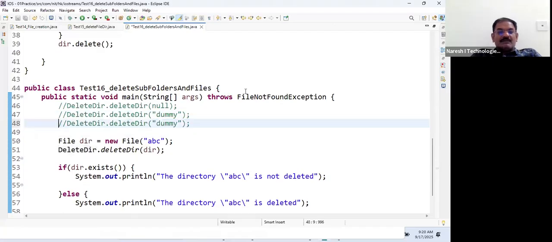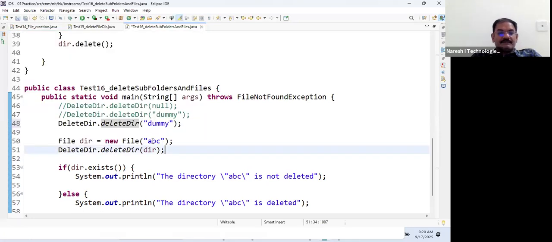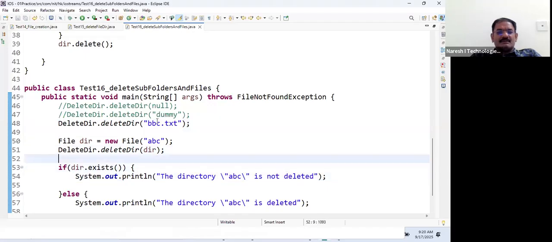Okay. Next, I am giving here directly the file name. Tell me, one file. Can I take names.cv? Let me take bbc.txt. If I give bbc.txt as a file, now tell me what is the message printed? If you pass a file, the file should be deleted. Then you have to write